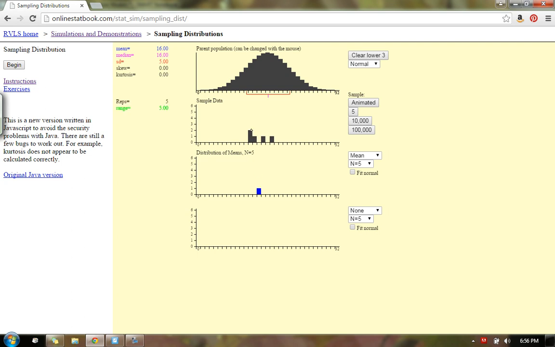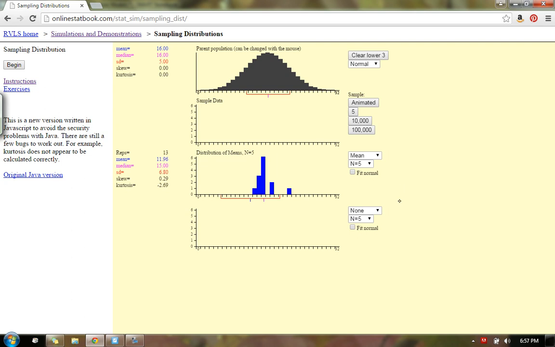So right there, that was 1, 2, 3, 4, 5 to make up my first sample. I generated 5 values with this probability distribution. The mean of that sample is right here. Now let's do it again. 5 other values selected with the probability as described up here, and the mean fell here. 5 more values, and you can see where the mean lies here. Now let me do 5 of these.